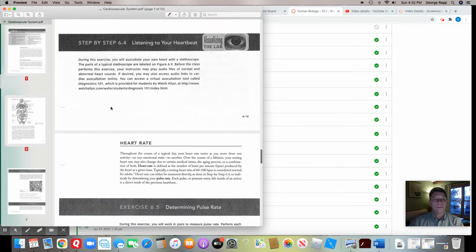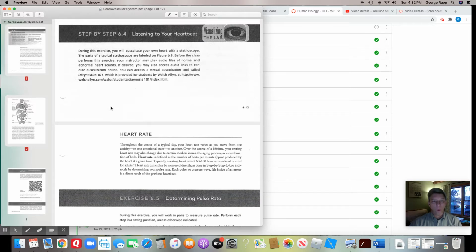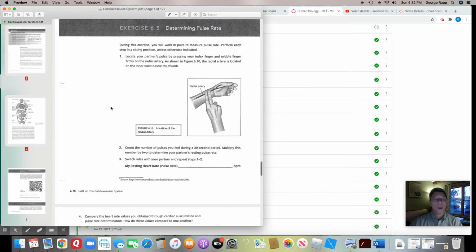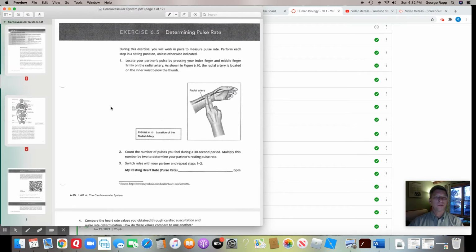Now, step 6.4, listening to your heartbeat, just read through that, gives you some basic information. But exercise 6.5, I would like you to do, and this is determining your own pulse rate. Essentially, what I'm going to ask you to do is find your radial pulse and you can find that by looking at your arm. All right, I'm trying to get in front of the camera here, but right up here